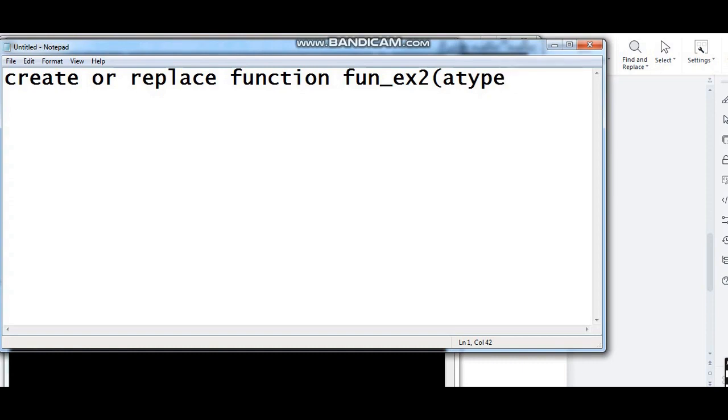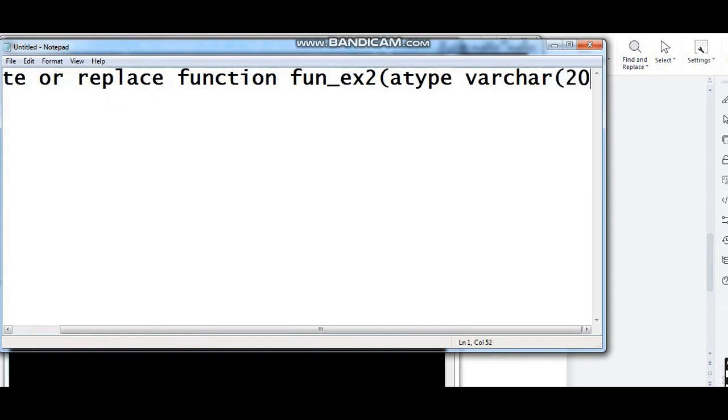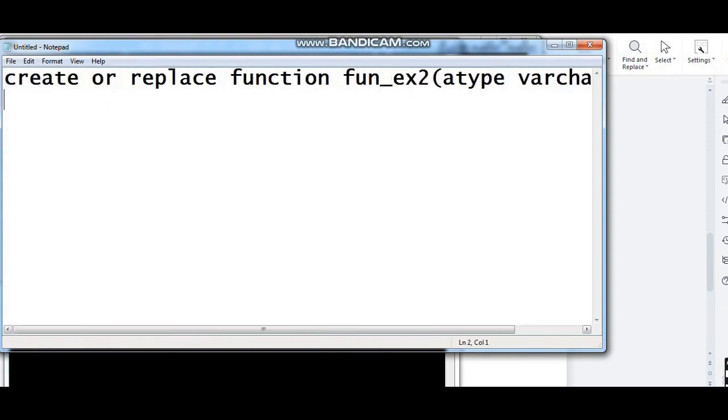Suppose here I am giving it as varchar 20, complete the bracket, returns, since function returns something, तो रिटर्न डेटा टाइप, क्या रिटर्न कराने वाले हो उसको, टेक्स्ट लो, इंटीजर लो, वॉइड लो, it is up to you. Okay, then here I am going to write $, next declare. Okay, declare